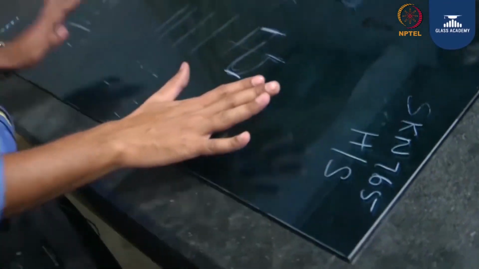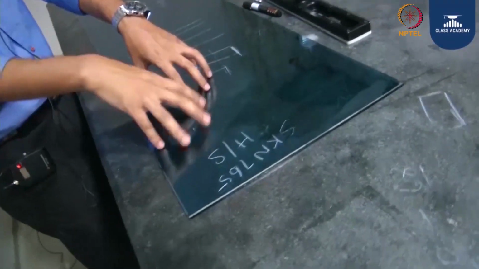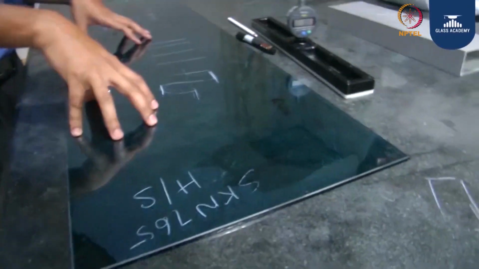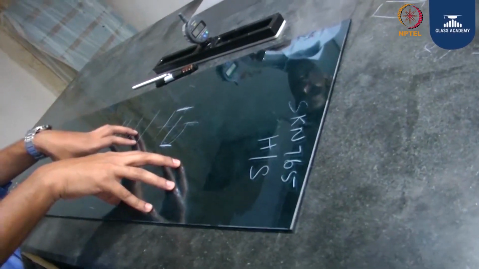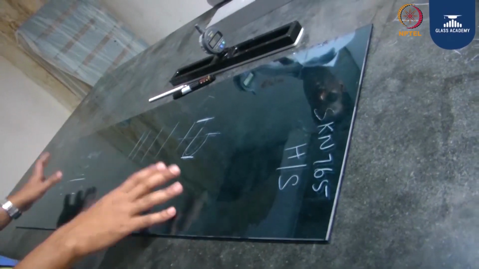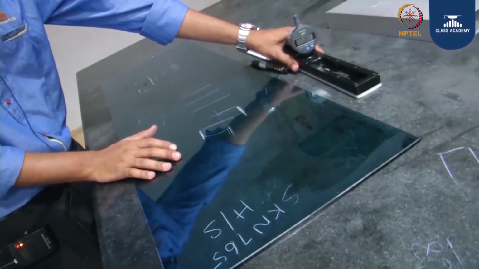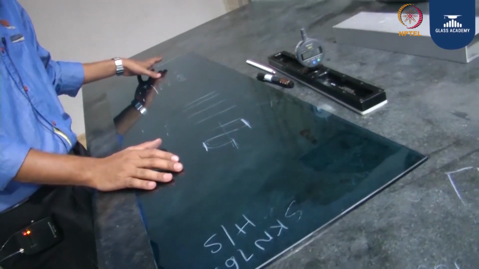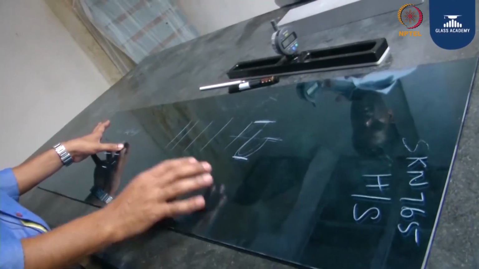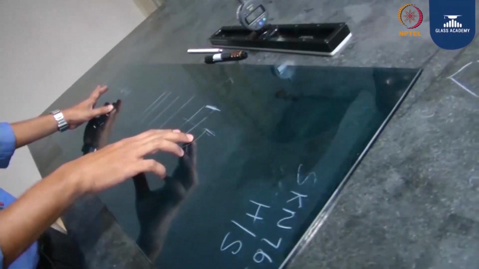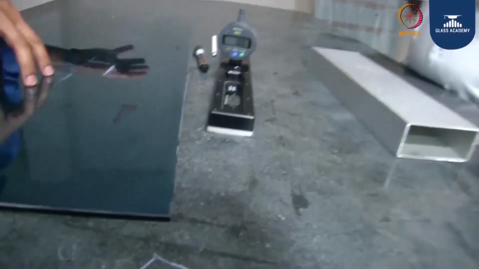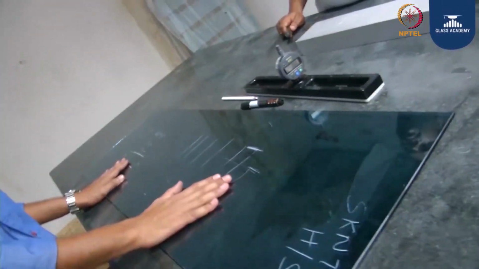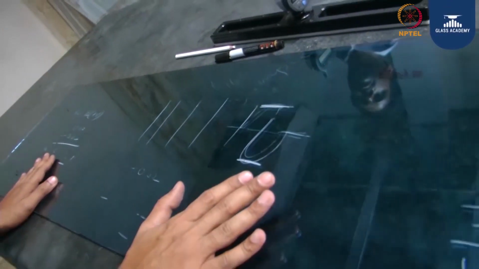Now, in order to recap, I am just summarizing how we measure the roller wave. First, we take a 1100 by 360 sample as per the standard EN 1863. Next, we take a roller wave gauge. The gauge is placed perpendicular to the glass direction. Next, we leave 150 mm on the edges. Then we start dragging the roller wave gauge on the glass surface. We note down the maximum and minimum values. The summation of the maximum and minimum values gives the roller wave on the glass. The allowable roller wave as per the standard EN 1863 is 0.3 mm.